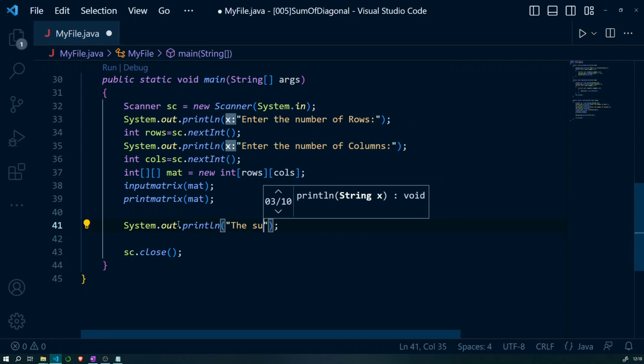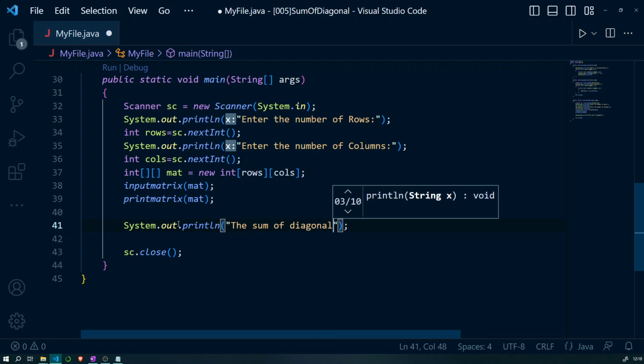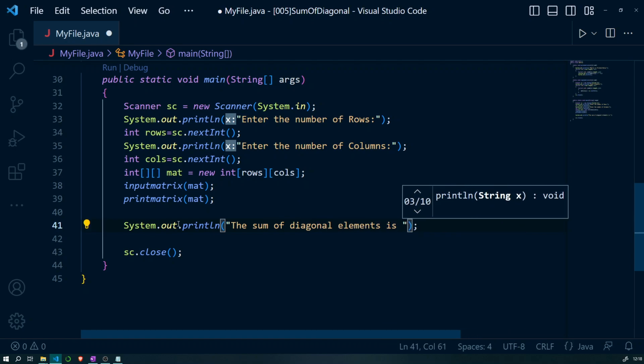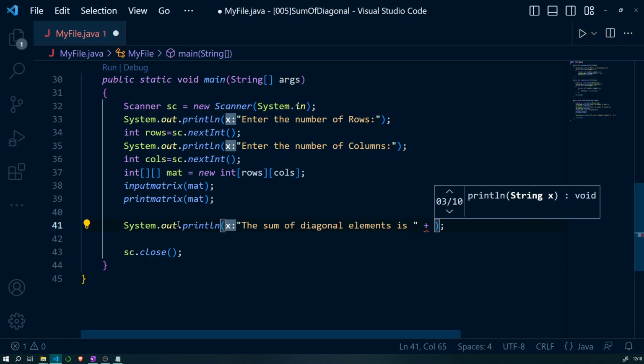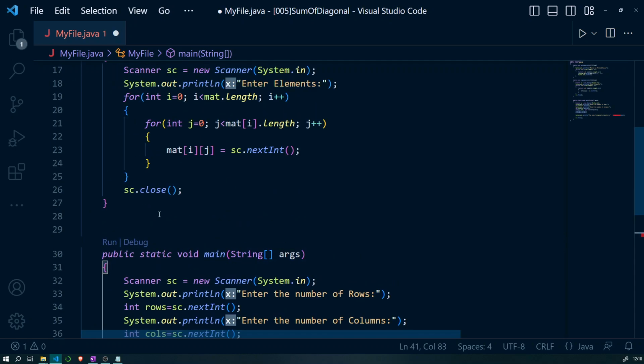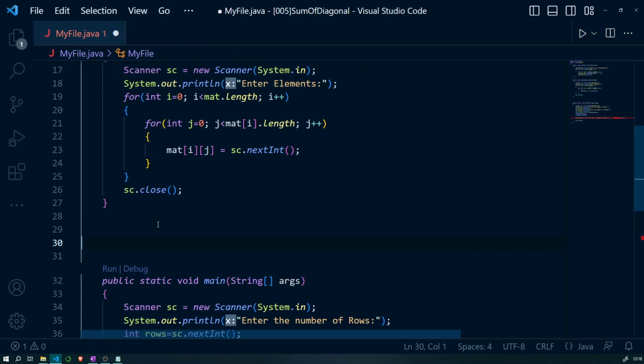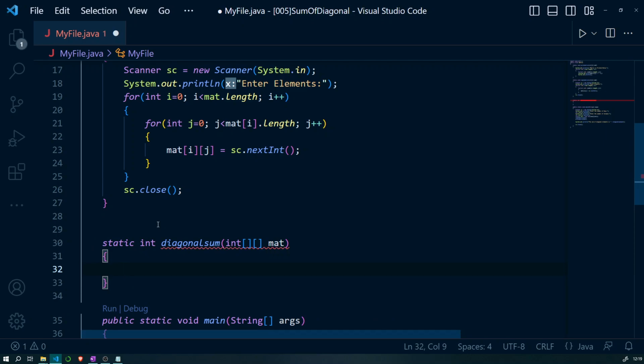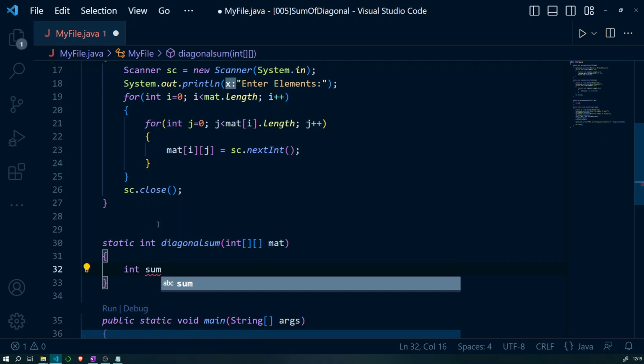So the sum of diagonal elements is, and then we find the diagonal sum of mat. static int diagonalSum, our matrix is the parameter passed to it, and we first initialize sum with 0.